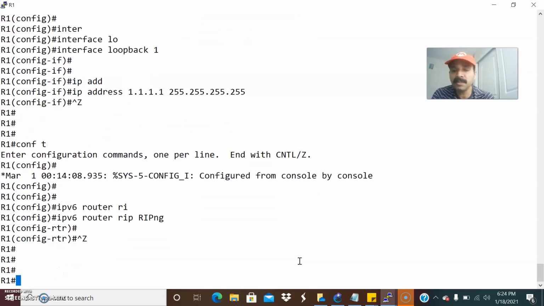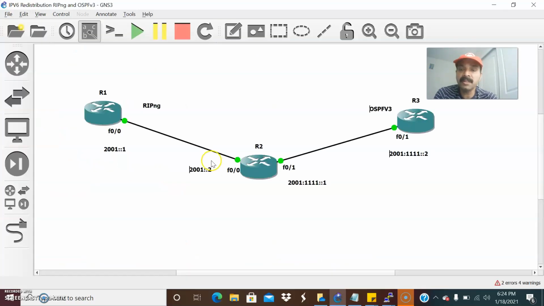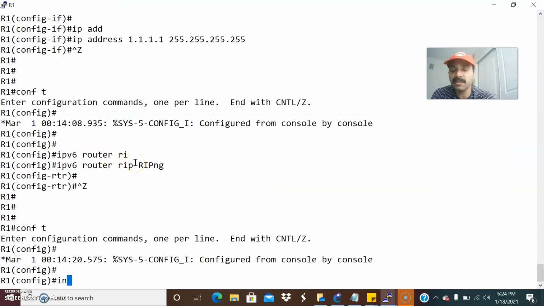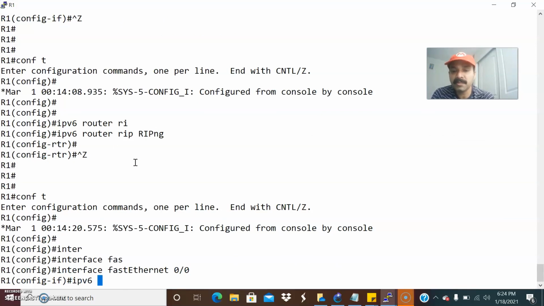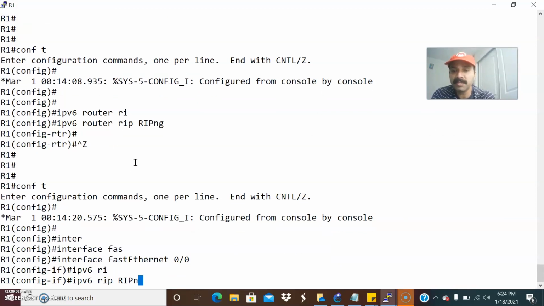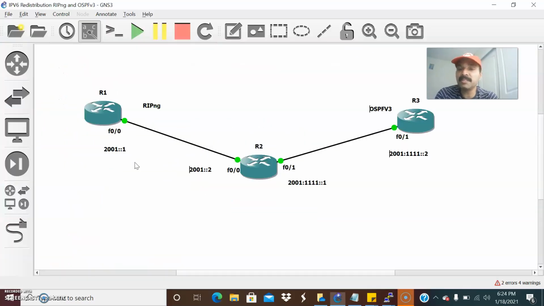We have to enable RIP in both places, one in the configuration mode and also in the interface mode. In FastEthernet 0/0, IPv6 RIP-NG enable. So I have done the RIP-NG enabling on this R1 router.